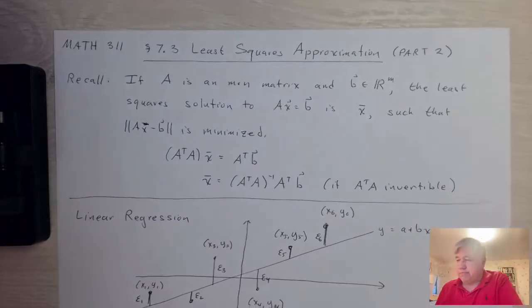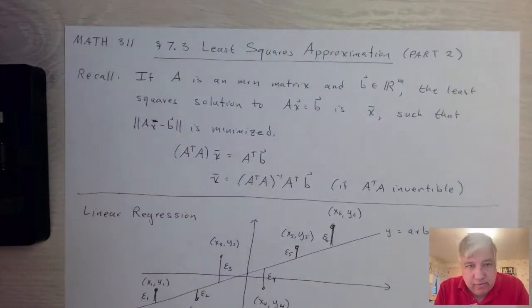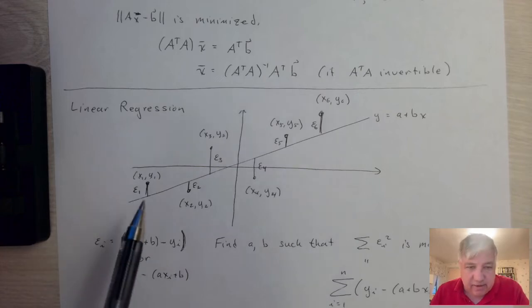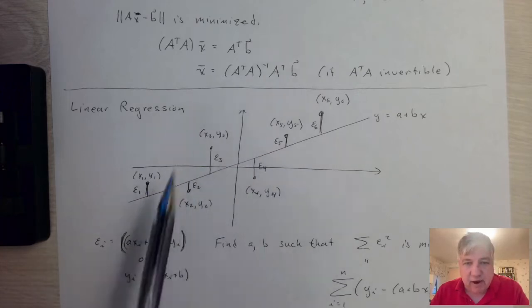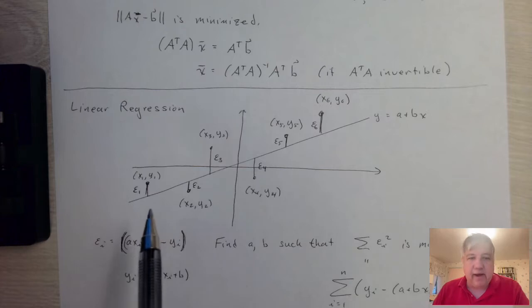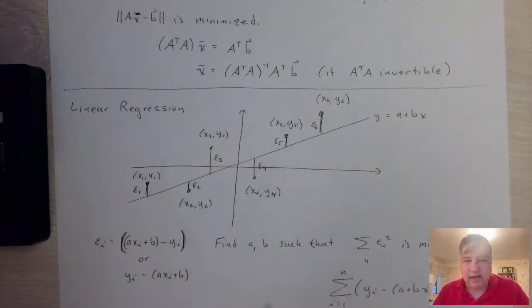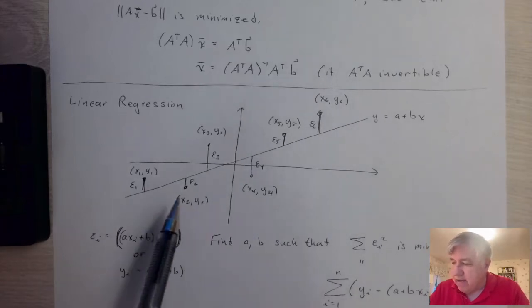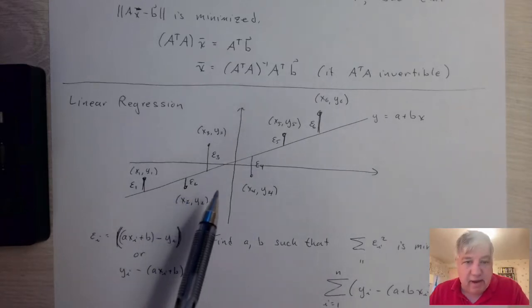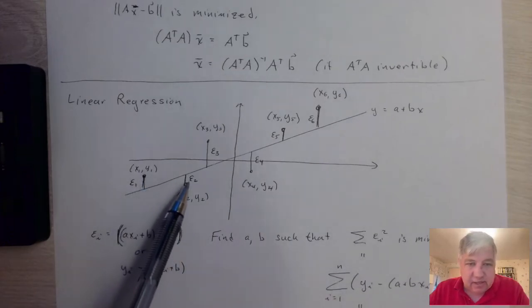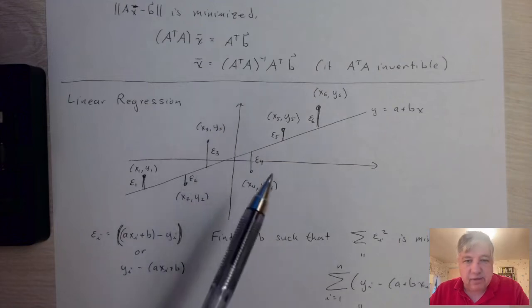Alright, so we talked a little bit about this linear regression problem and how to find a line given a set of points that are scattered throughout the plane. How can we find a line that best approximates them? That is, we want to find a line so that maybe not all these points lie on the line, maybe none of them do, but we would like the combined distances of these error gaps to be